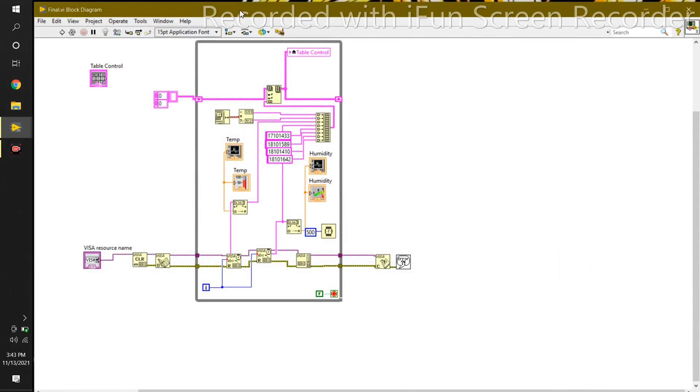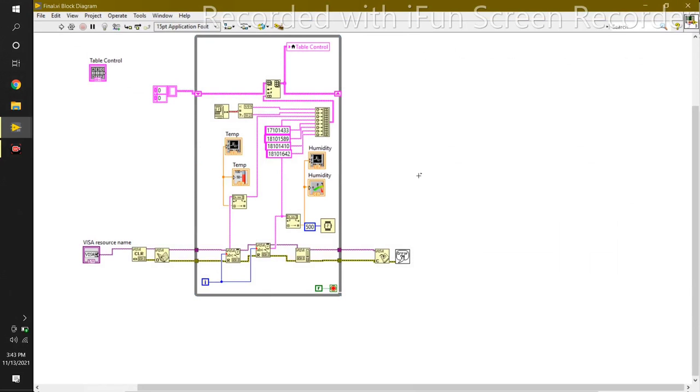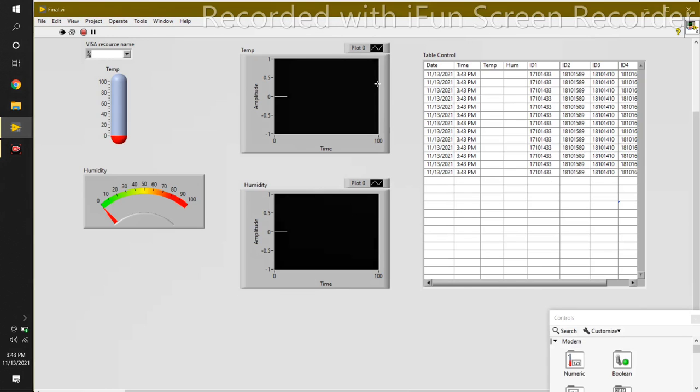So this is the block diagram. Here we have used many things, like we have used a table control and a visual source name, and we have changed this into 500 milliseconds, and we have added our IDs as elements to this array. Now we have to check if the loop condition is false. As you can see, it's false. Now we can run this program. So there is no error showing. So let's go to the chart. Here we can see